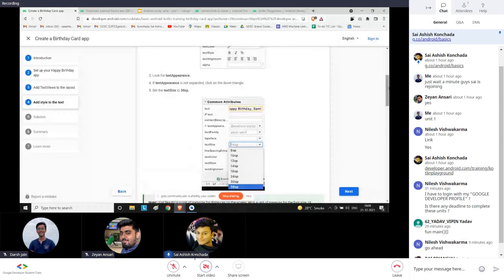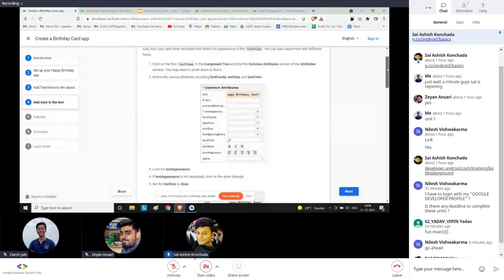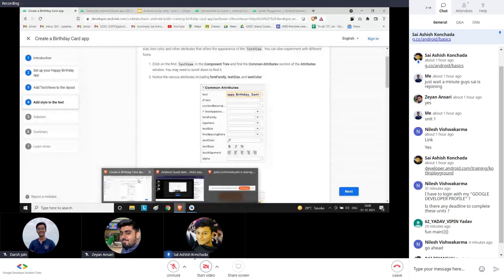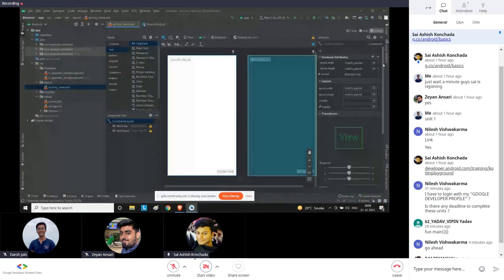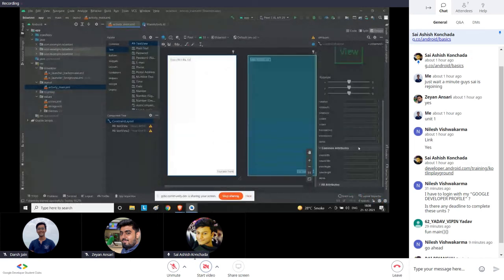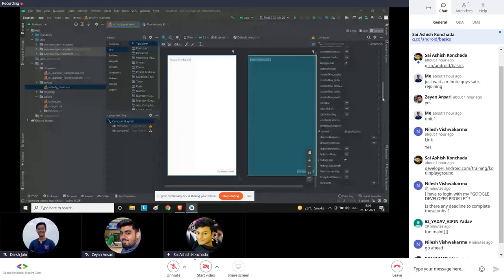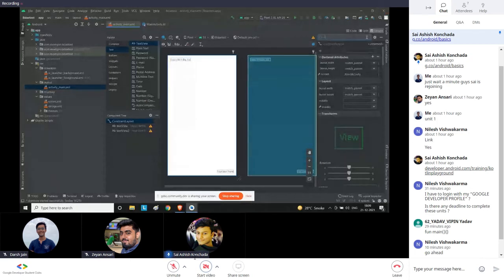So they have given us some instructions. There are different attributes. So let's go for text appearance. If we scroll down, we can see, like in all attributes, there are a lot of attributes here. If you can't find it, you can just even search here for text appearance. Okay, that's the name.